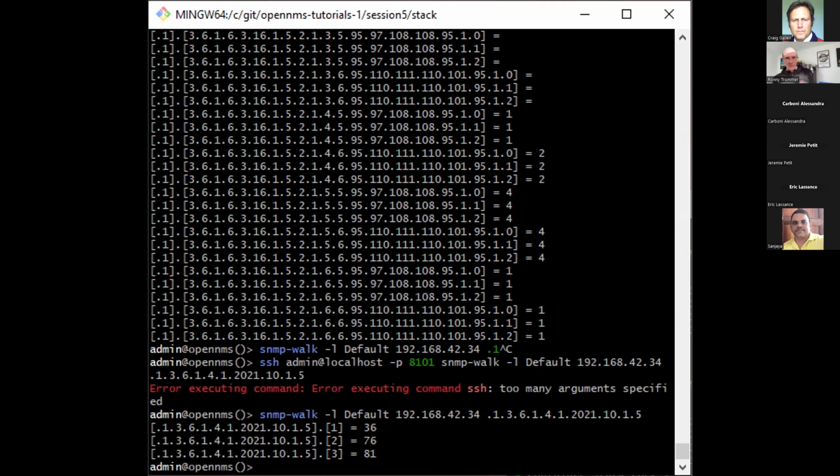Okay. So that SNMP walk just has the same name, but it's not the SNMP walk binary from NetSNMP. It's an OpenNMS SNMP walk. I see. So it's wrapped. And that is shipped in the Karaf shell, and it behaves similar to the SNMP walk, but it uses completely our configuration and our node inventory, and it just lets you troubleshoot what OpenNMS would do if we want to talk to an SNMP agent in a certain location.